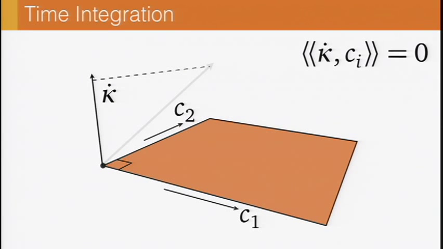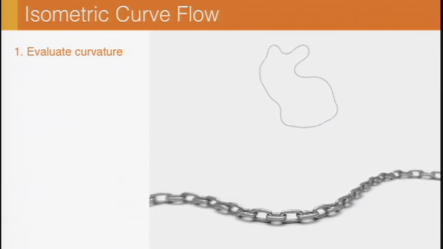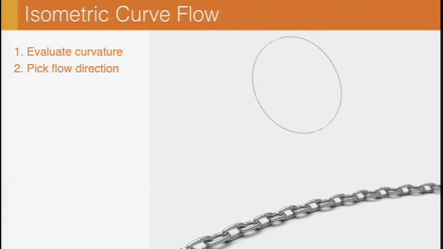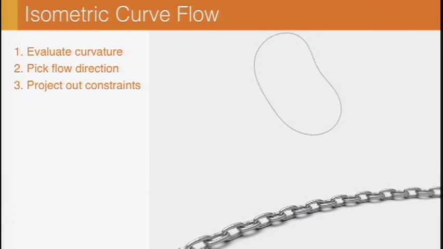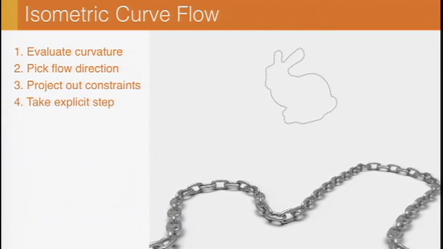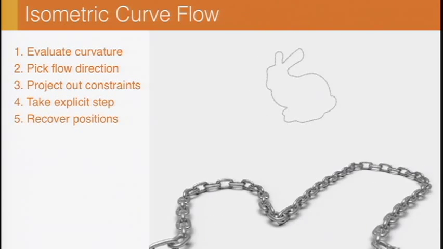Then to get our new curvature, we start with our old curvature and take a little explicit forward Euler step. Okay? So here's a summary of the whole algorithm. We start out with our curve, we evaluate its curvature, we pick a flow direction, this very simple gradient direction. We then project out these constraint components, we take an explicit Euler step, and finally we recover the positions from